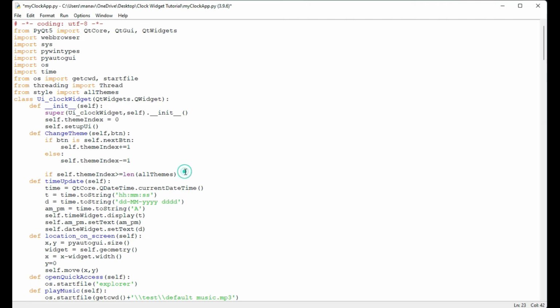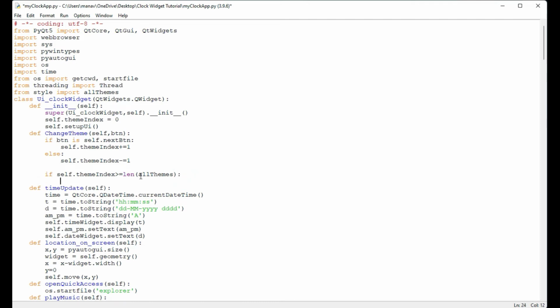I will say that if our theme index is greater than or equal to the length of all themes, that means in our case if it is 2, then I will use this one and initialize the theme index as 0.